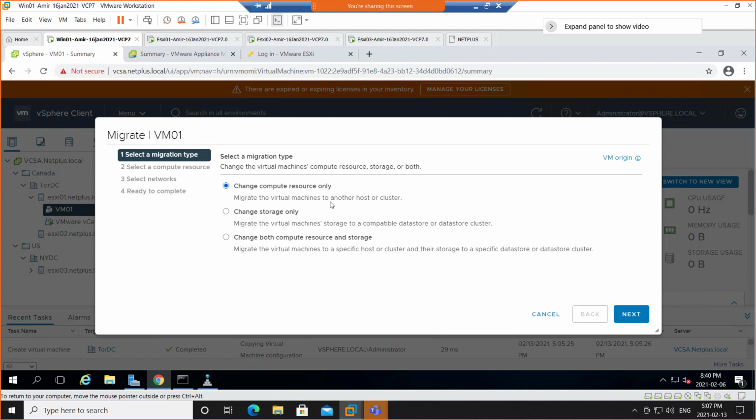Obviously this is not a vMotion, because vMotion involves the virtual machine being powered on and moved. So this is not vMotion. There is "change compute resource only," which means changing from one hypervisor to another. "Change storage only" is what we're going for. That only changes the files of the virtual machine's location, moving all the files, which is pretty much the whole folder of this virtual machine